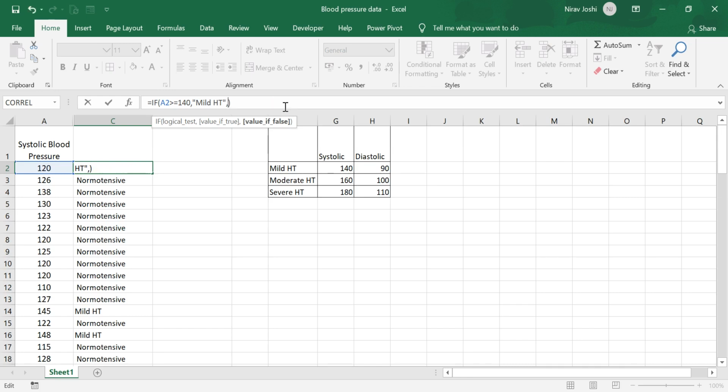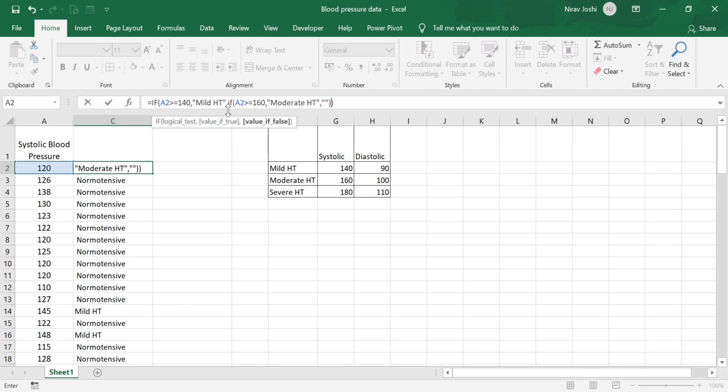In this we need to nest another formula: if this A2 is more than or equal to 160, then we need to have moderate hypertension, and if this condition, that is A2 more than or equal to 160, is not met, we again want it to be blank, and we press enter.